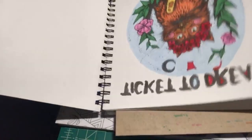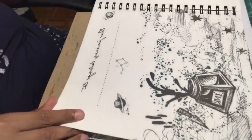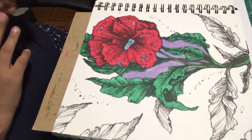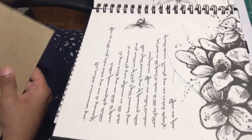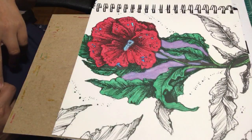The other thing you can do when... I'm just going to show you. Because I'm using markers and pencil, I'm trying to do this. This would be what I call high-end. Oh no, it went right through the page. That's okay. The marker went right through the page. That's okay, I can always...